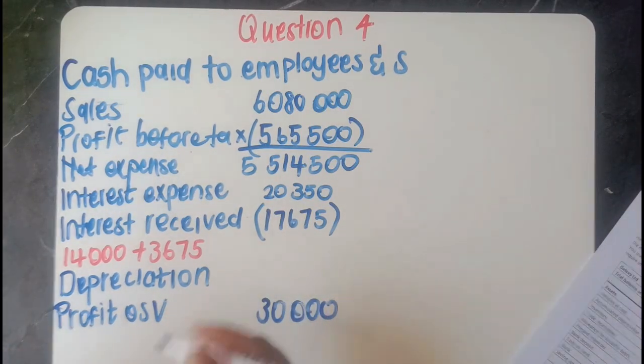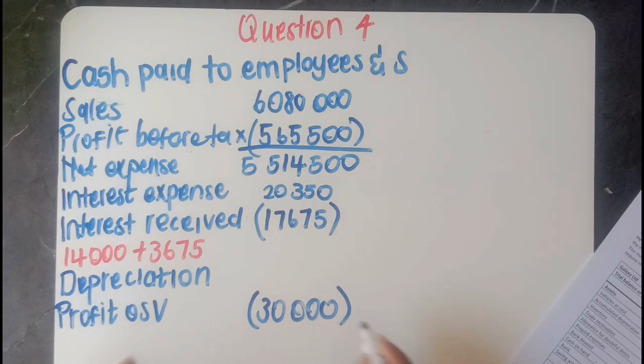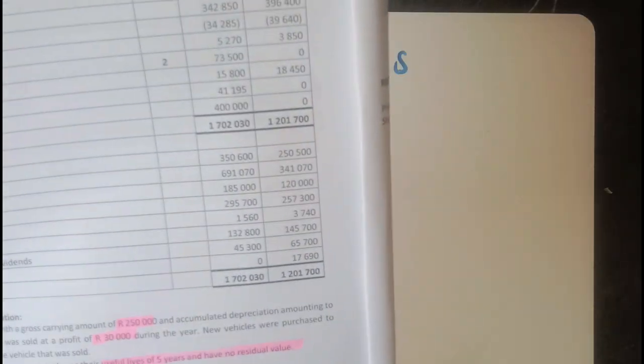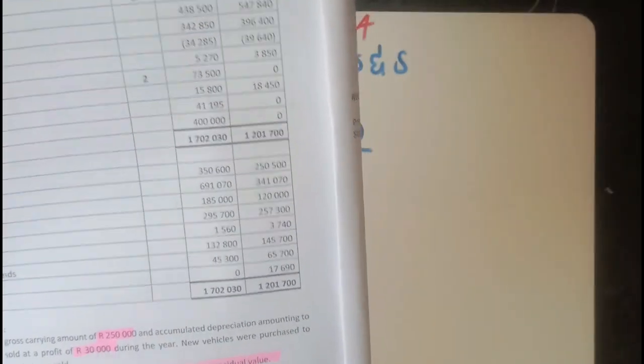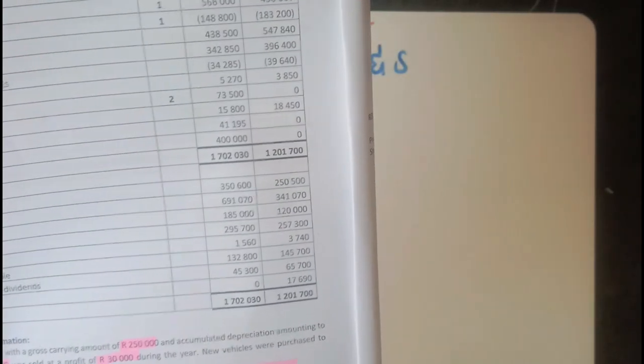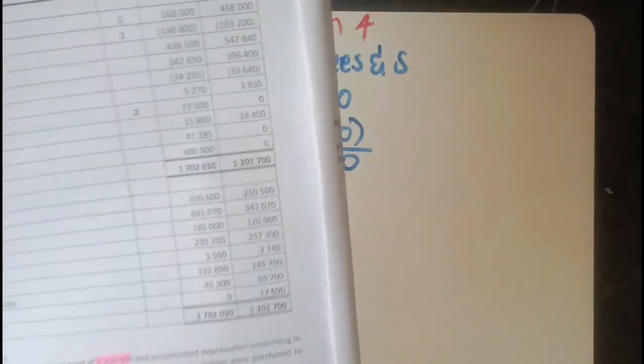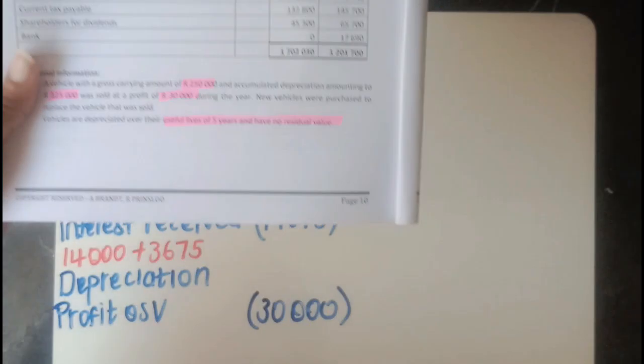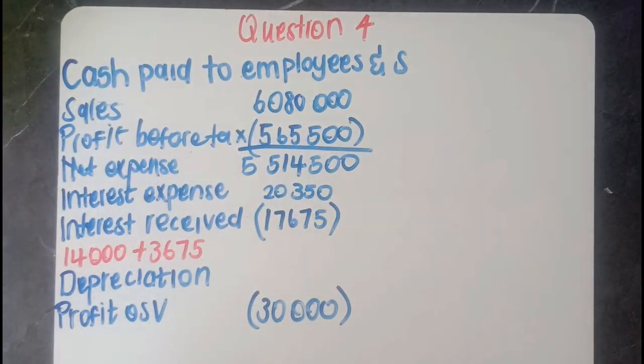Since it's an income, you bracket it, right? New vehicles were purchased to replace the vehicle that was sold. The vehicle depreciates over a useful life of 5 years with no residual value. Yeah. So now,